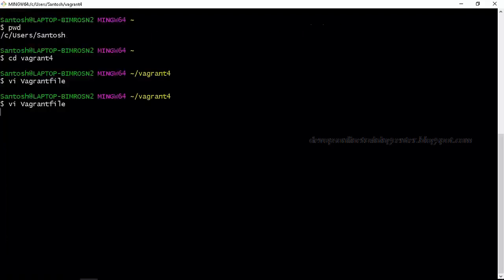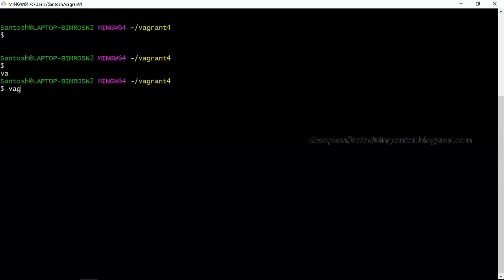Okay, so I'll send you this file. I'll just say vagrant up. This should get the VM up with the Ubuntu version. First it will try to download the image from the net, which is a pre-installed image. Then it will bring the machine up with the Ubuntu operating system.